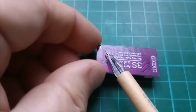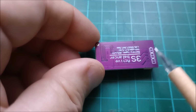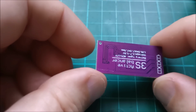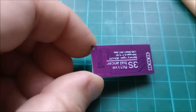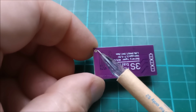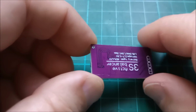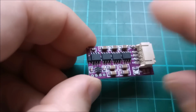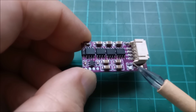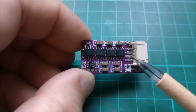Where that tiny little hole is, now you can see that that is the only hole on this PCB, so there's no other way of mounting this other than that hole. And if you found a piece of wire small enough to fit through that hole, it wouldn't be very strong, so it wouldn't really make a very good mounting point, would it? But yeah, so it looks like the LED wire goes to ground, and then this resistor is connected to, well,